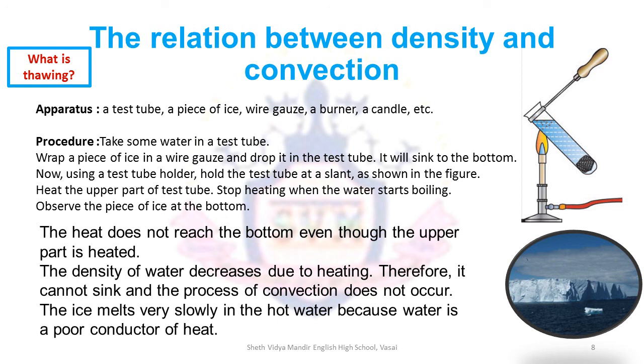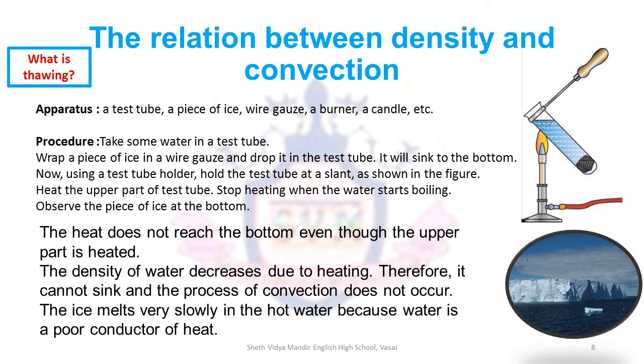Now using the test tube holder, hold the test tube in a slanting position, as you can see in the picture, such that the top part of the water is exposed to the heat of the burner. Once the water starts getting heated up, it will become less dense and it will start boiling. Once the water starts boiling, you will stop heating and observe what happens to the piece of ice